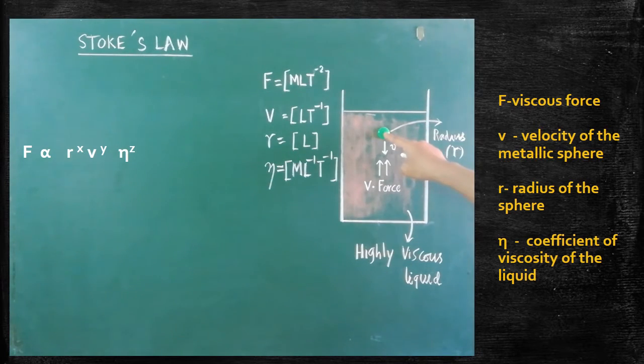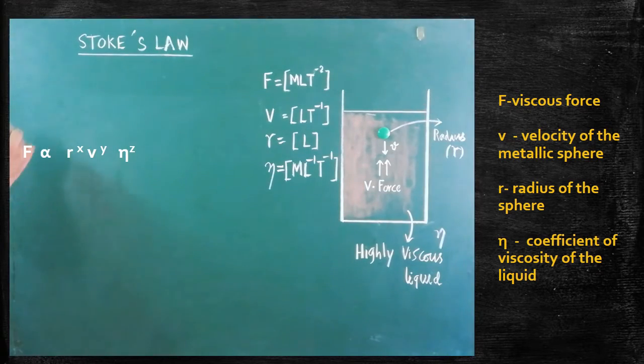Here, the radius of the spherical body can be taken as r, and since it is a highly viscous liquid, this liquid has a quantity called, what is this? Coefficient of viscosity. All liquids possess their own coefficient of viscosity value, called eta. Whether it is castor oil or glycerin or whatever it may be, their coefficient of viscosity is to be taken as, what is this? Eta. Understood? Now we are going to derive the expression for Stokes' law.